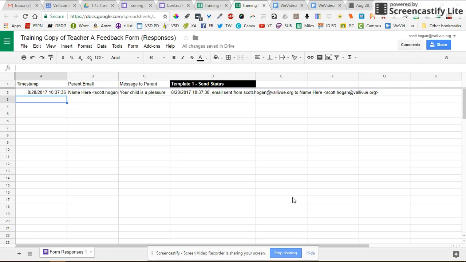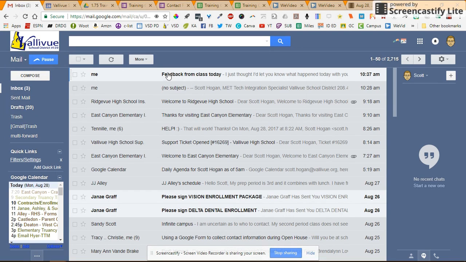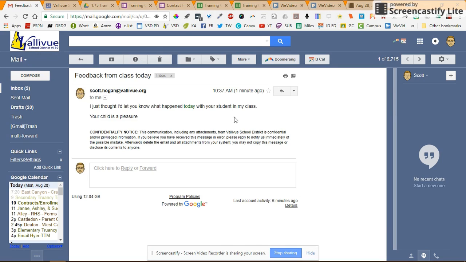Once you have used your feedback form to send parent emails, when you come into the spreadsheet, you will see that an email was sent. It gives you a nice report that you can show your administrator to help with your evaluations, especially for domain 4. And then if we go to our email, you can see that the template used the subject that I put in,